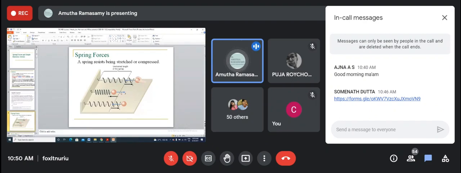You understand what I'm trying to convey now? Everybody can imagine that you are pushing the ball. You are pushing the spring and the ball connected to it. So all this will get compressed. Or when you release it, it will come and expand and go back. Or you can also expand this ball and release. So it will compress and expand.